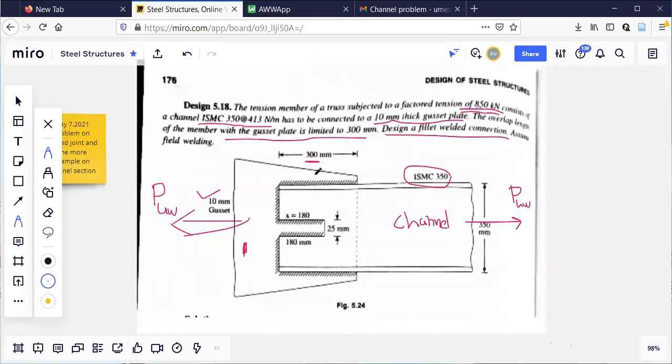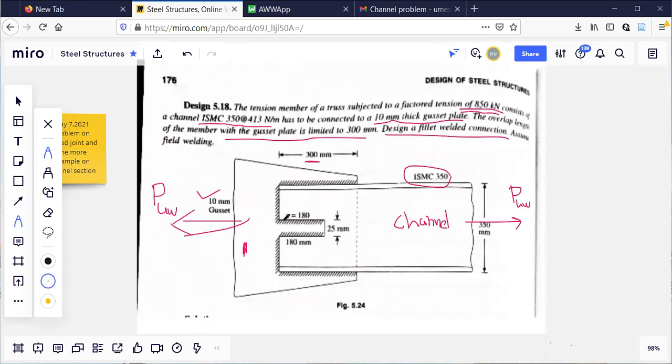If the length was 300 plus 300 plus 350, see this height is 350. So this height is 350. So 600 plus 350, even if this was 950 also, no need to cut. Because 300 this side, 300 this side, vertical is 350. So up to 950, no need to cut it.